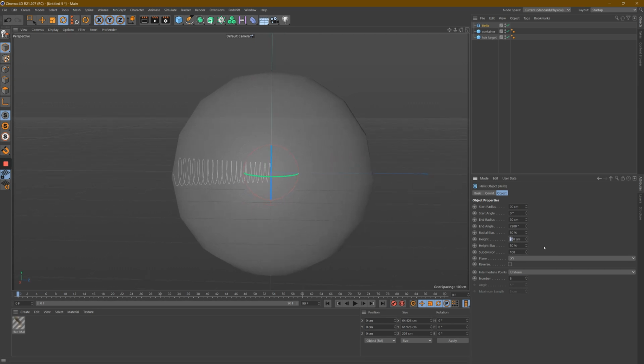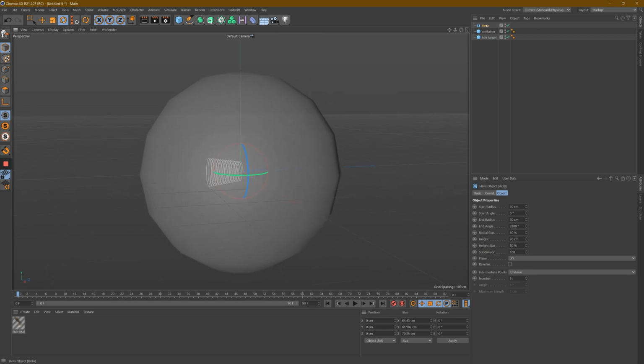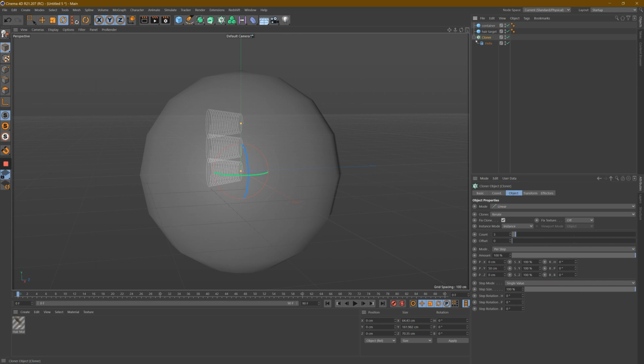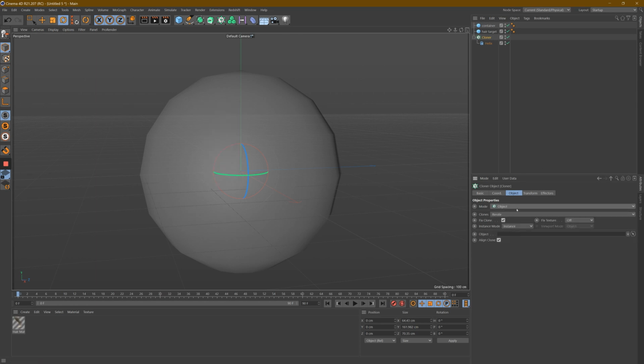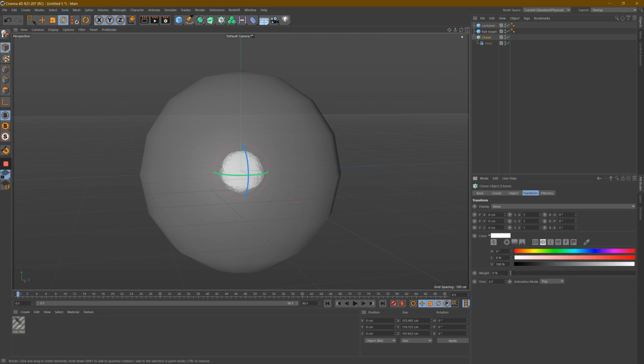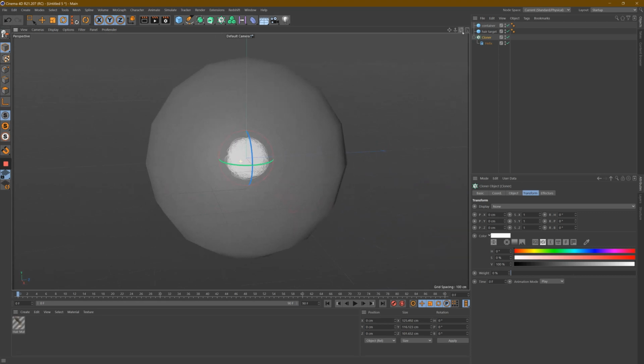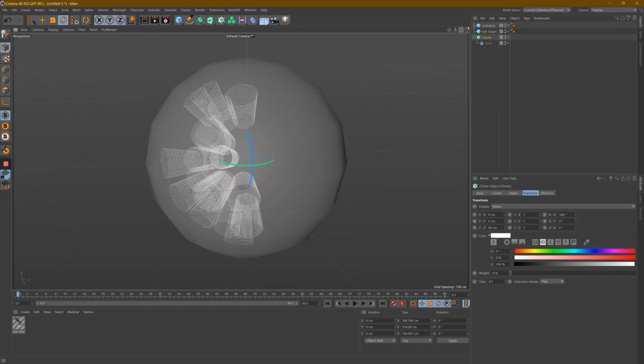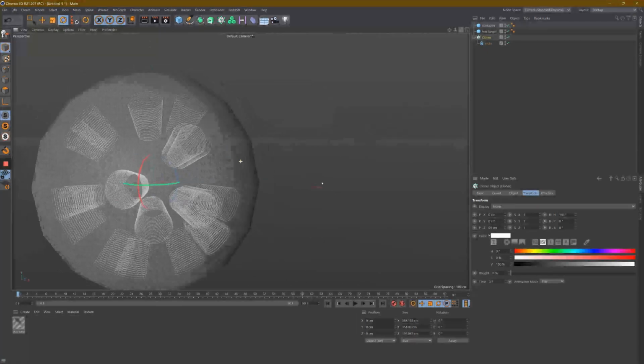And now I'm going to take this helix, I'm going to grab a cloner, throw the helix inside that cloner, and I'm going to make it an object cloner. I'm going to target the hair target. And right now you can see they're all overlapping, and they're all kind of pointed the wrong direction. So I'm going to turn them around using the Transform tab of the cloner and then also float them out a bit. Okay, so now I've got all these helix splines starting to fill up space in the nucleus,